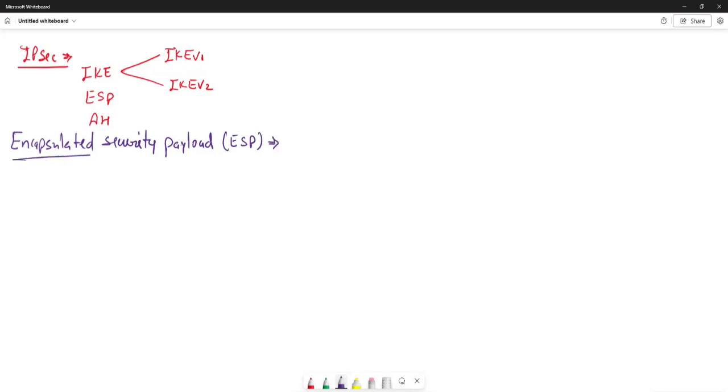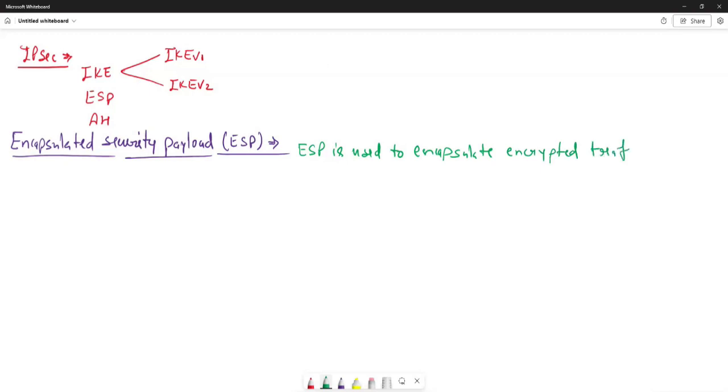ESP is used to encapsulate encrypted traffic so that the router can send it through the VPN tunnel